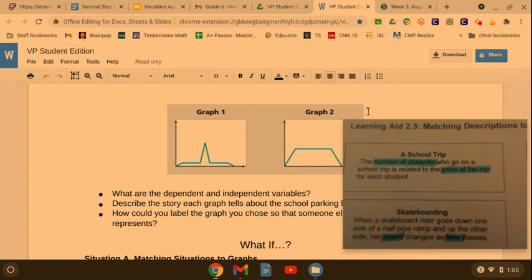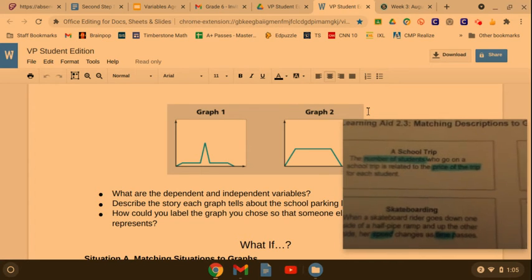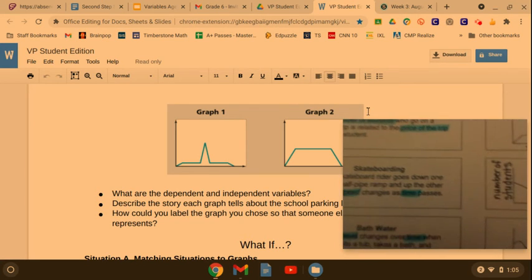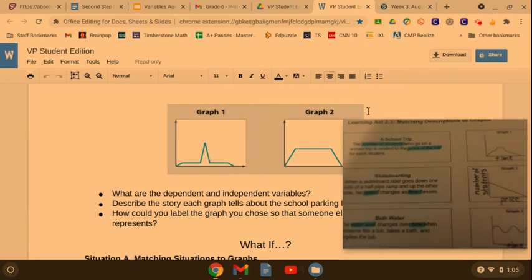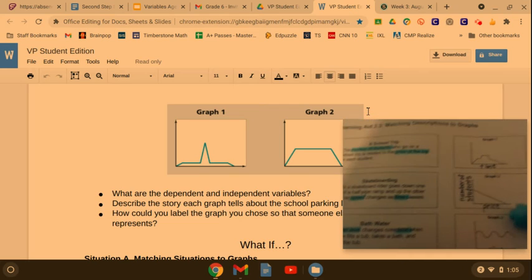So if the trip doesn't cost a lot of money, a lot of students would probably be willing to go. If the field trip costs a lot of money, you'll probably have students that won't be able to go. They won't be able to afford it. Their parents might say, no, I'm not going to pay $50 for you to go on a field trip. That's a ridiculous amount of money. And so your graph should look just like the one that we were just talking about, which is over here,